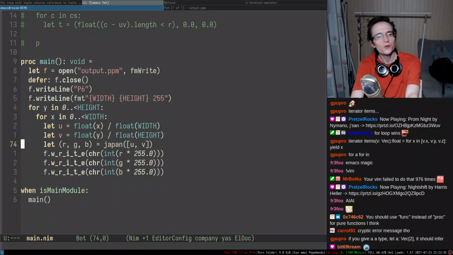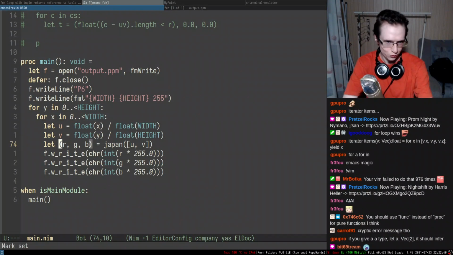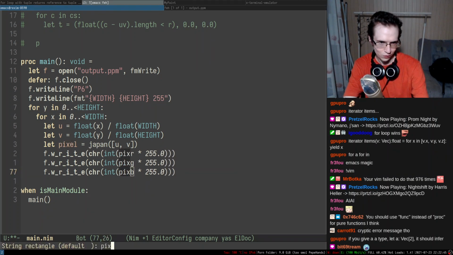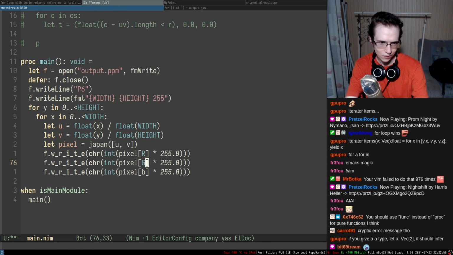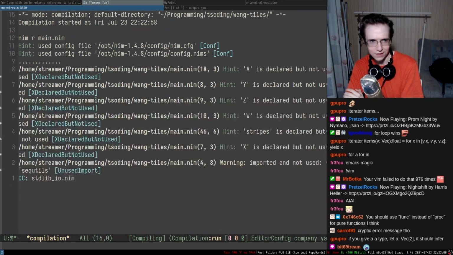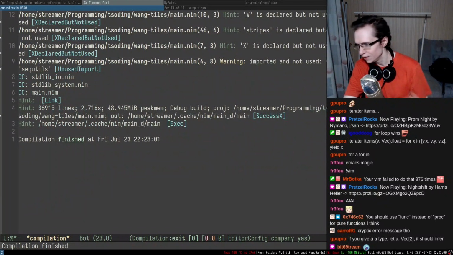Oof. So this is a pixel, right? So we have to do pixel this, right? And then pixel like that, and this is gonna be something like this. We finally make it compile.